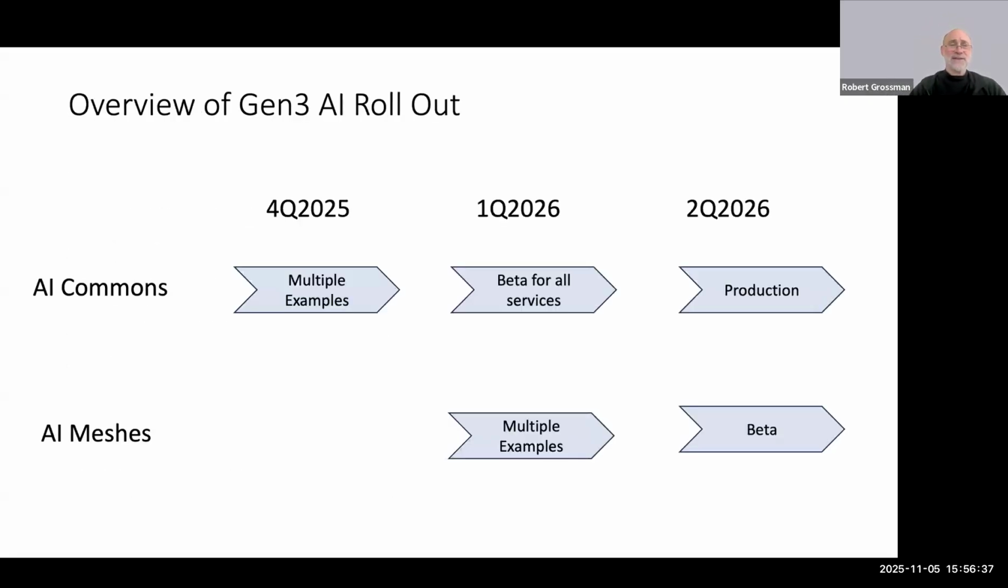So this is sort of where we are. This quarter, we have the first beta of the embedding service. We have some inferencing. We certainly have the embeddings. We have multiple examples, and we really couldn't move ahead with this proposal until we've gone through the examples. We'll be doing betas in the first quarter, and then moving to production between the first and second quarter for each of those 6 services.